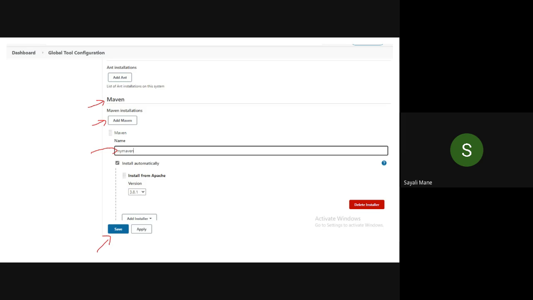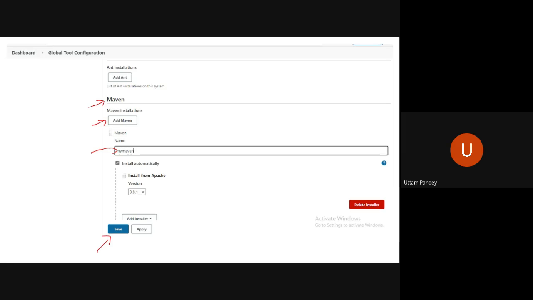Click on that global tool configuration. Done? Now simply scroll down. You can see they will ask for the Maven thing. Maven headline is there.